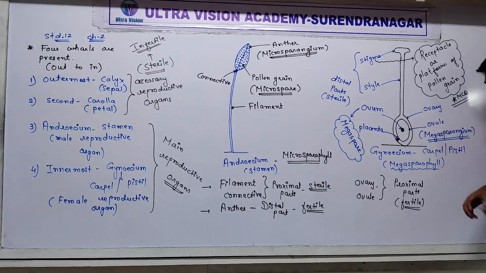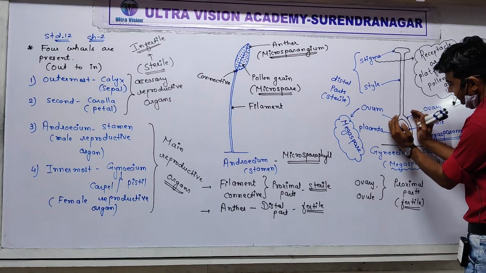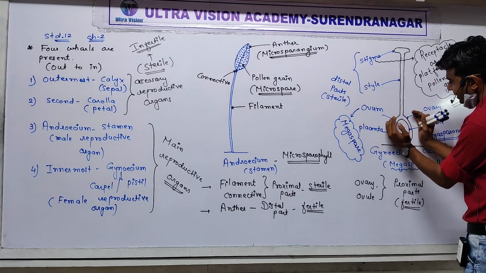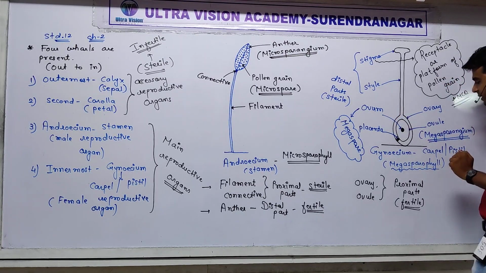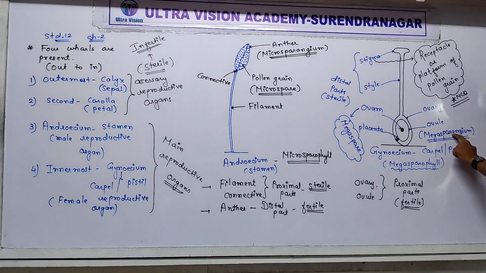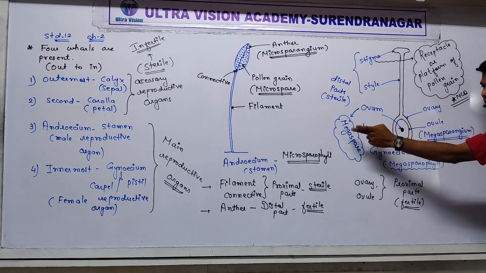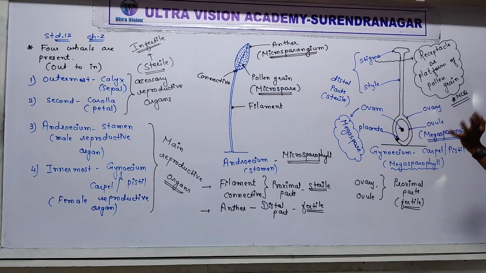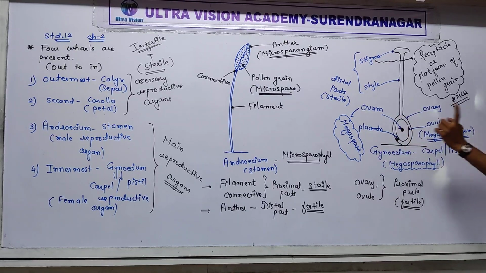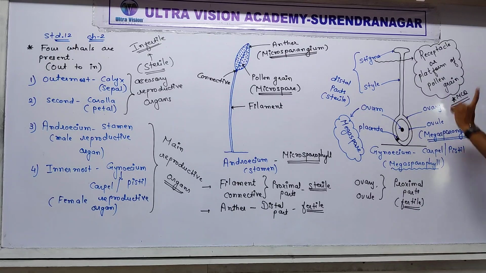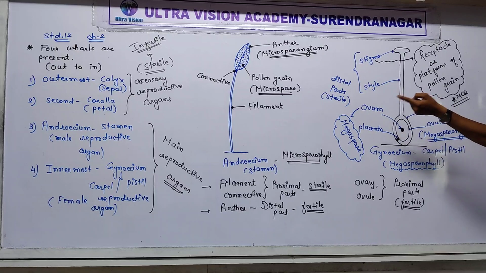So here proximally you see the enlarged part known as ovary. Inside the ovary, ovule is present. Fine. So ovule is also known as megasporangium. And inside the ovule, ovum is present. It is also known as megaspore. So similarly here: stamen, carpel or pistil, anther, ovule, pollen grain, ovum.